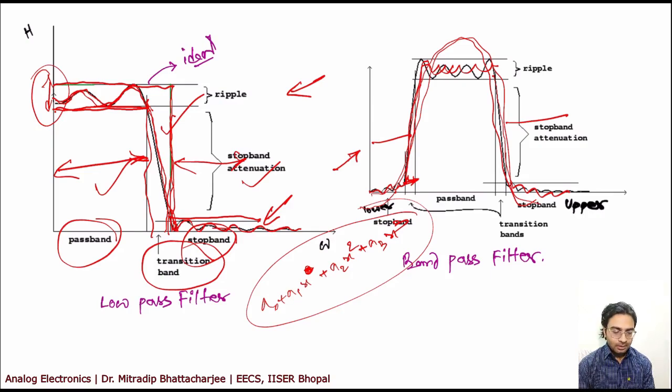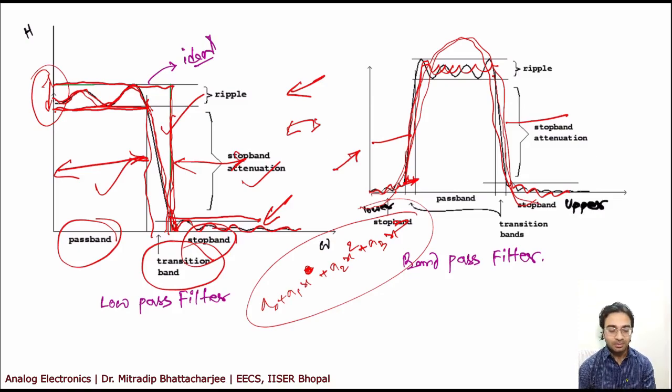Okay, so this is the ideal and practical case of filters. You have ripples, you have a transition band as well. Now your game of filters will be based on these ripples and the transition band.